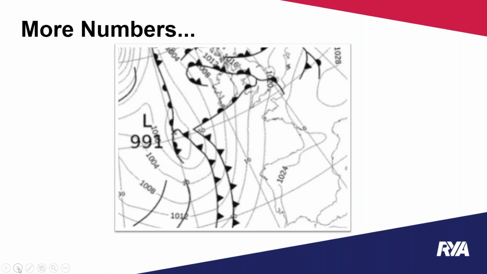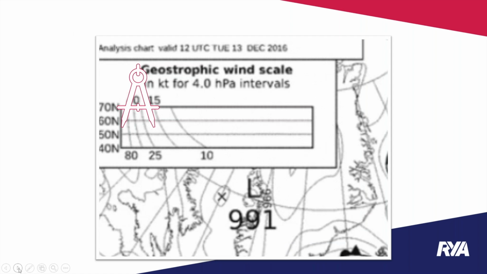We need all of that information to then take it to the next stage, and that's the geostrophic scale. So we take our dividers, we've measured the isobars at the 55 degrees latitude, and we can see there using this scale that we're about 20 knots of wind. Now that's the geostrophic wind. So actually to get the surface wind, we could not go far wrong by taking about 2/3 of that actual wind strength. Okay,